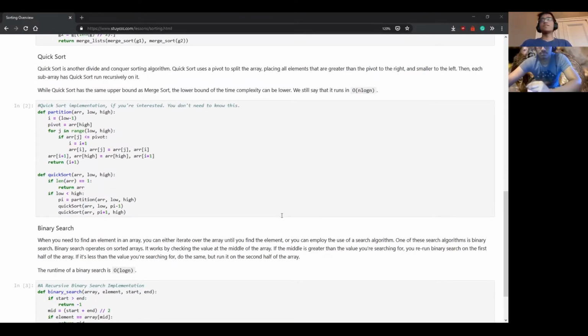Now we have the second sort that we're going over today. This one is arguably a lot more important than merge sort, because you're most likely going to be using this a lot more than merge sort. Actually, that's a good point I should get to before I actually dive into merge sort or into quicksort, where